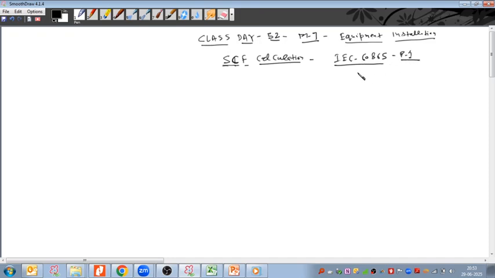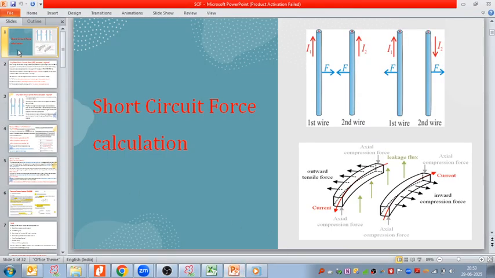From this standard we are going to take, as it is, all the formulas in order to calculate the SCF value. In a simple way I have prepared my presentation so that I can explain it in layman's language and simple words, apart from the IEC language. So, short circuit force calculations. You can see over here